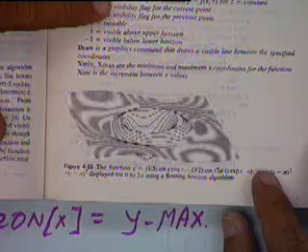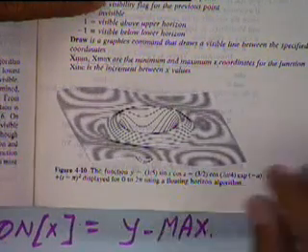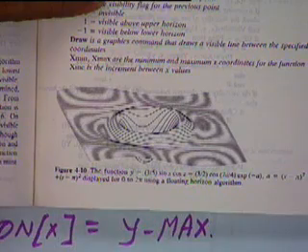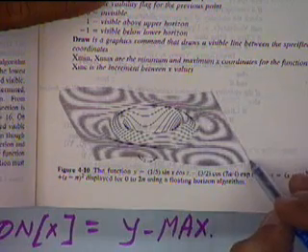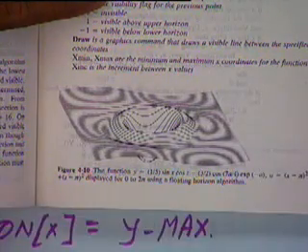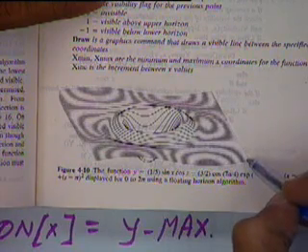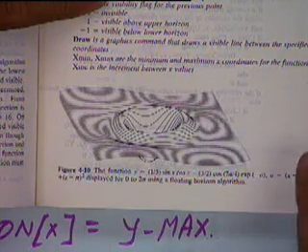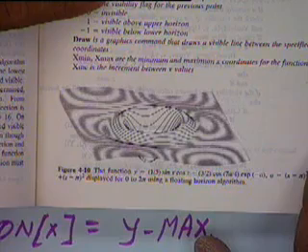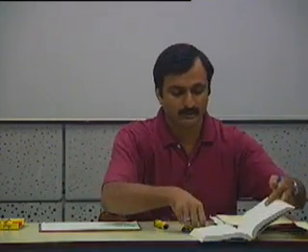Are you able to see this figure? If you look at the first curve that has been drawn, this is the intersection with the first plane. The second curve that has been drawn is the intersection with the second plane, and so on. So this is the kind of effect you will have. Is that okay? Okay, let's go back to the algorithm. We'll come back to the figure later on.